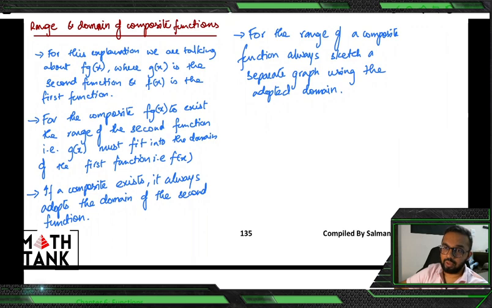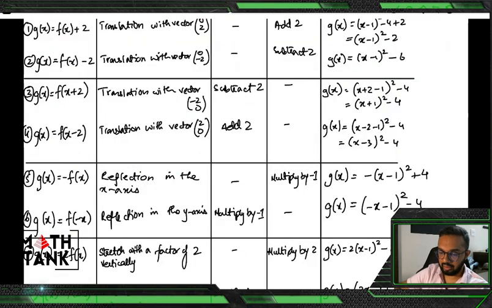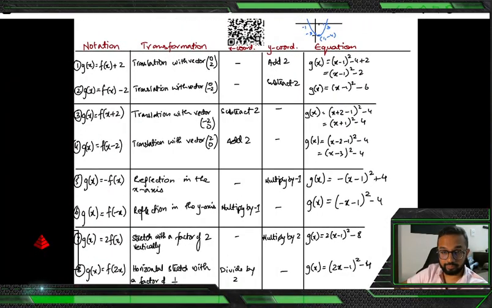That's range and domain of a composite function. Again, something that you need to do in detail. There are about 7 or 8 questions in the past papers that are about this, so make sure that you do those as well. The last topic, the last part of this